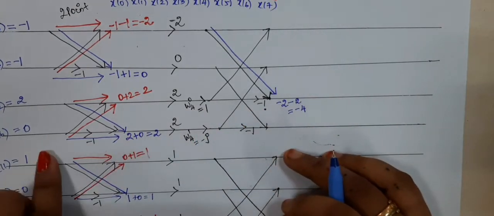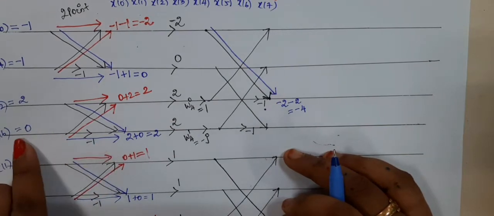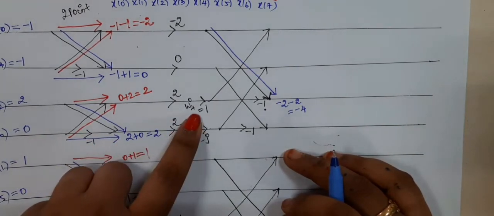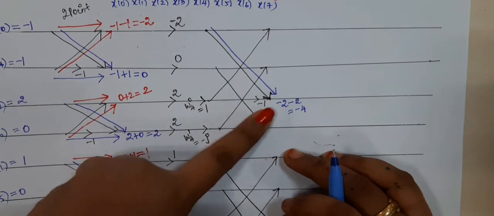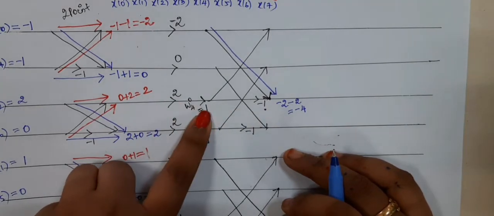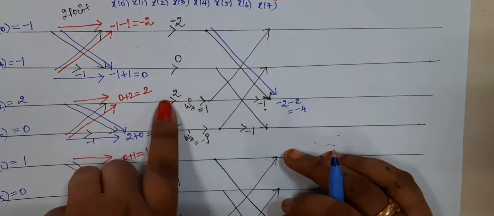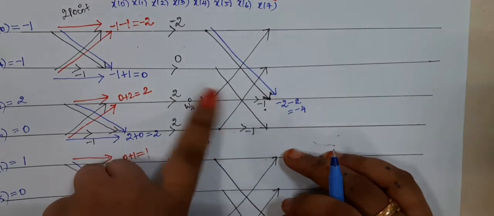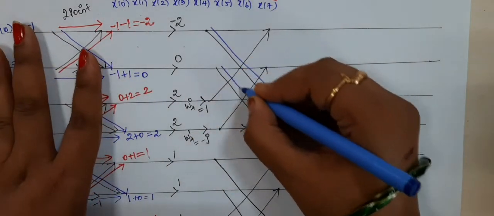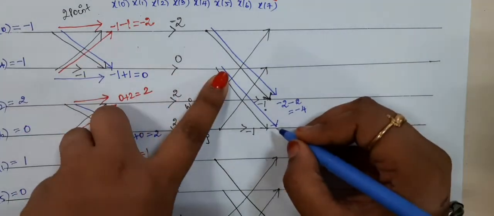So in the 2 point you crossed only with the -1. But here for the down arrow you are going to cross 3 values. Okay, 2 into 1 into -1, you are going to multiply with the twiddle factor. This is only for the down arrow. Okay, and then we can solve the down arrow first. Here what is the value?